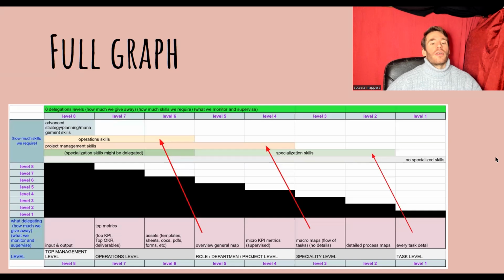This is the full graph, okay? Stay with me. It's so complex. You can also pause the video and do a screenshot. At the end, there will also be a bigger version of this image that you can screenshot, of course. Right now, we will go into it and explain step by step.